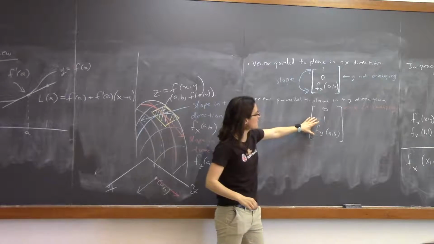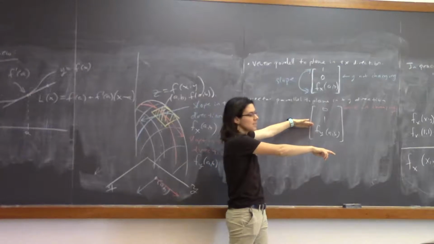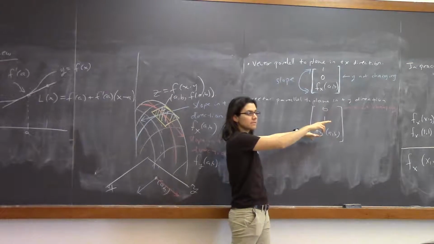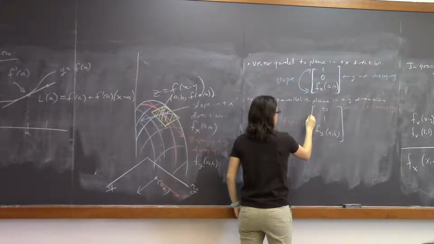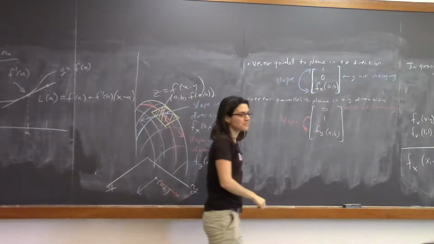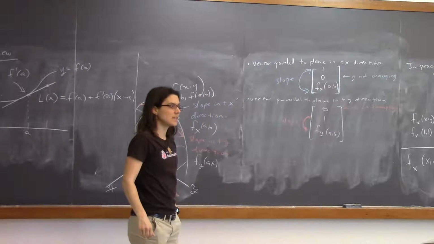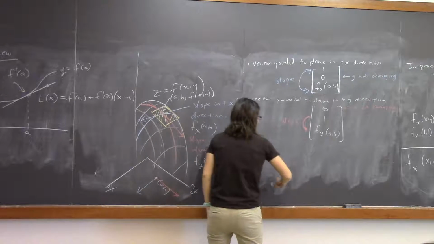And then this just says if you do a run of 1 in the y direction, your z value changes by this much. So this is like the slope. Yeah. So to write the tangent plane,